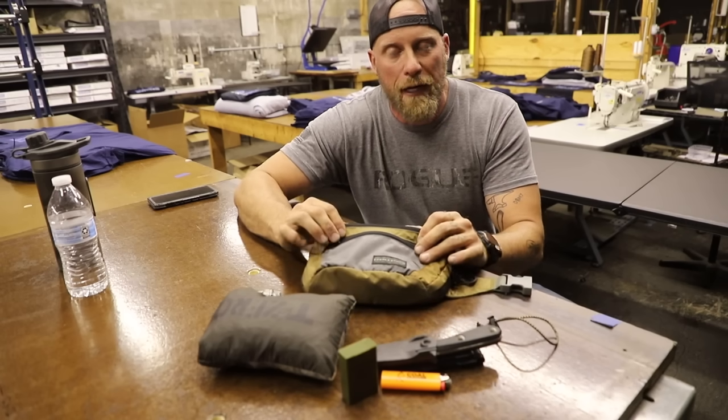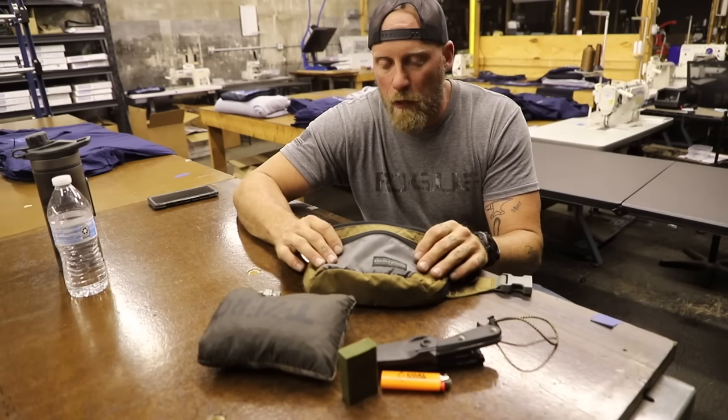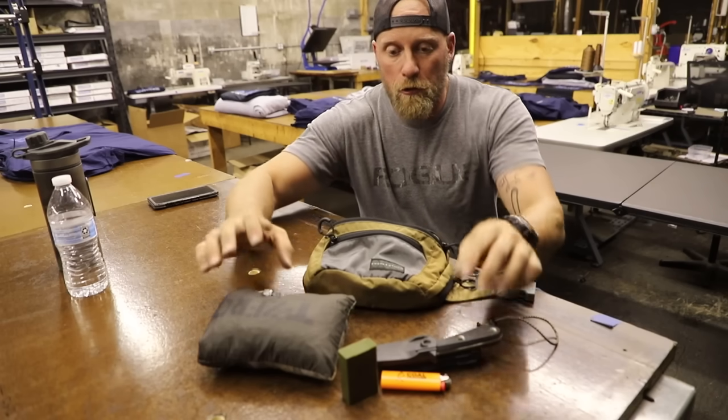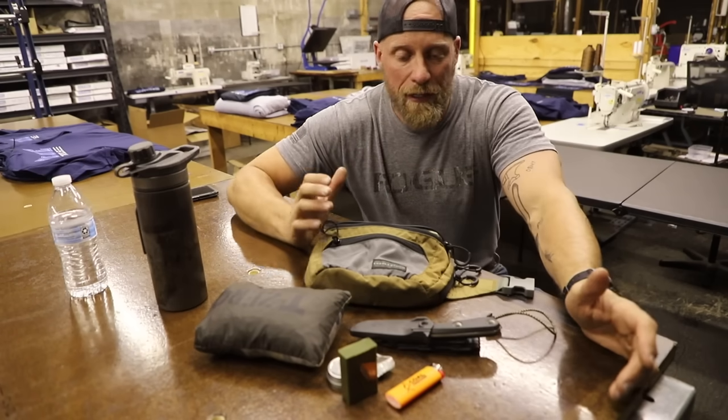Now, this is the smaller bag that I got. I have no affiliation with Eberly stock, by the way. But they were the ones that seemed like they had the best carry option for what I needed, and it ended up becoming more. So you can see we can fit a lot of stuff in a small package and be really prepared. Only thing lacking here would be